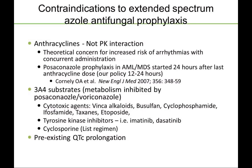Now I hear people saying, well, I can't give this voriconazole in combination with the anthracycline, even though they've got a big old aspergilloma on their CT scan. I'm like, no. You know, risk versus benefit. Come on, guys. But if it's prophylaxis, sure, you can wait a few days to start your prophylaxis. If it's treatment,